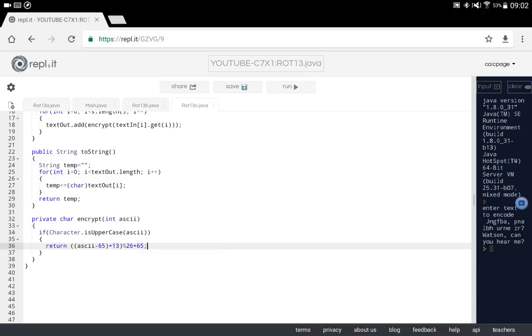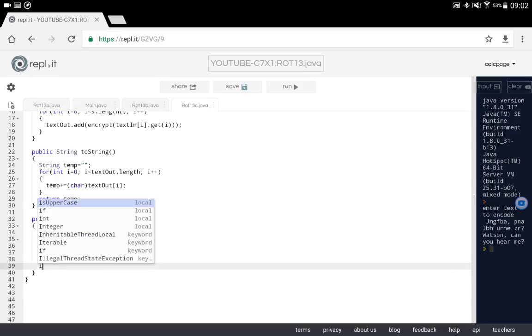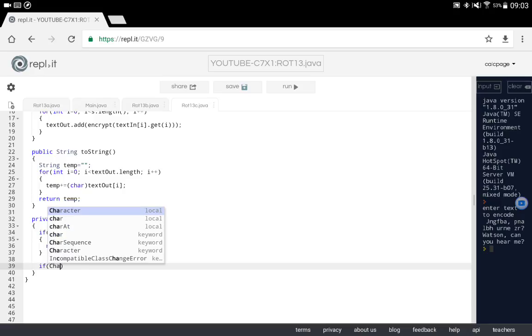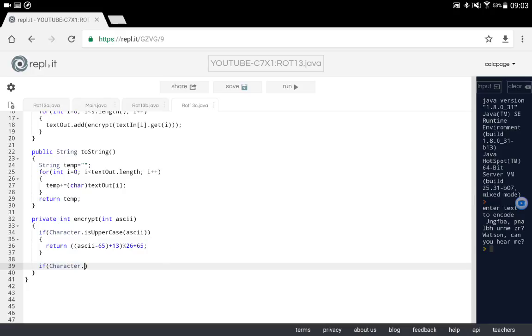I think that's it. Now ASCII is an int, those are all ints, it returns an int. Oh, I'm returning an int. So it's the same old encrypt method, but we're not just using chars, we're just using the ASCII codes, okay? And then likewise, what if it's lowercase? So if character class, just like there's a double class and there's an integer class, character class dot is lower case, using the value ASCII,